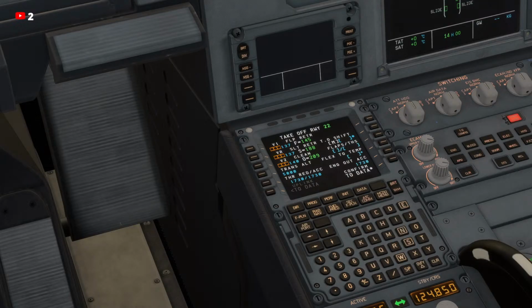On the trim wheel you can see these numbers, and we will move it down a little bit to have this arrow somewhere here. There is also a way to check it directly on this display. If you press